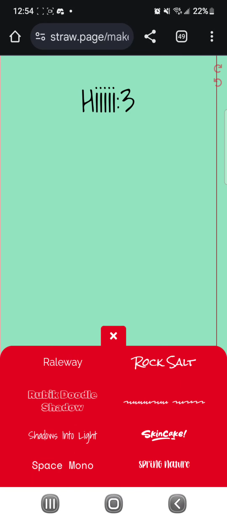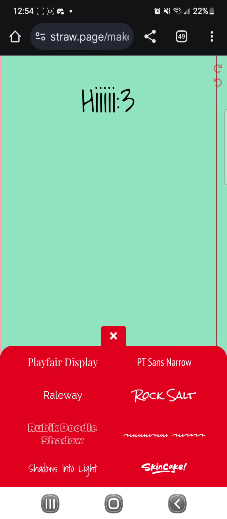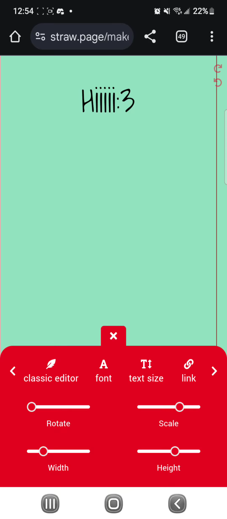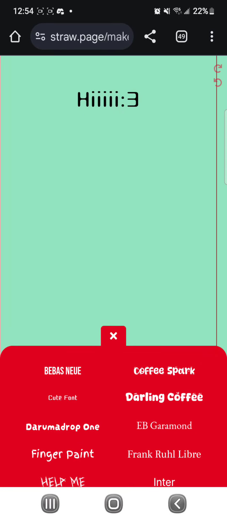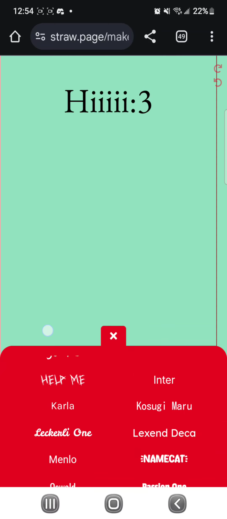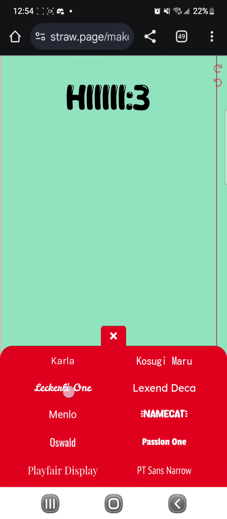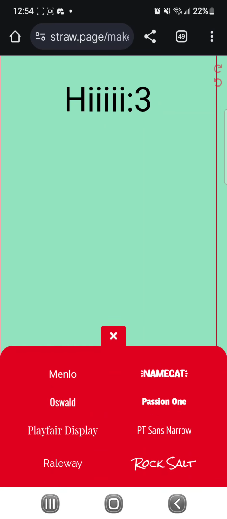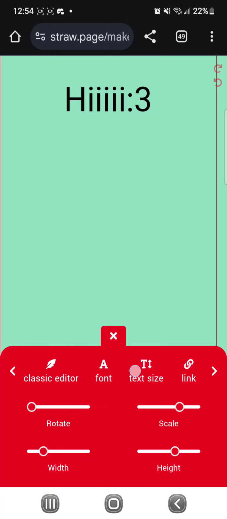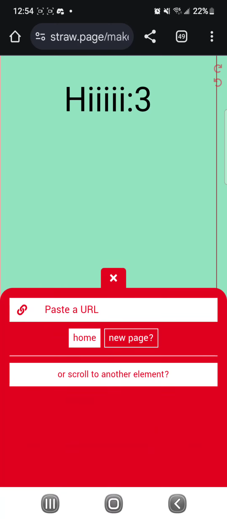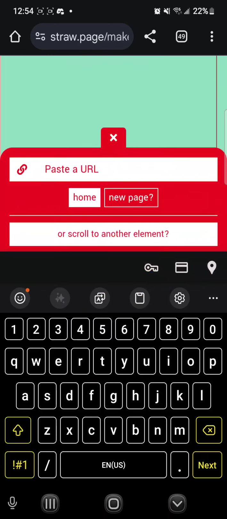Shadows into Light I like sometimes too, but it doesn't really make emoticons look too great. Anyway, so yeah, those are your options on that. You can do whatever. Finger paint, MCAT, it doesn't really matter. Up to you. You can make it link to something,